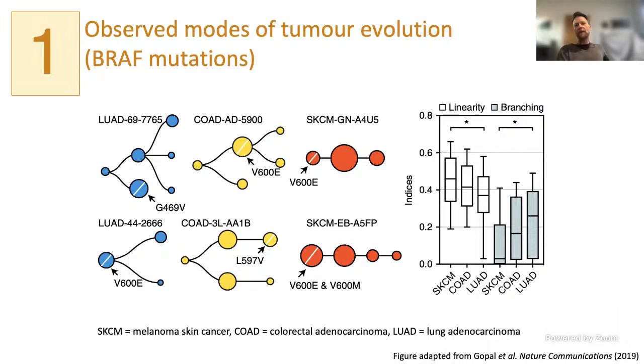And so it's interesting to think about why that might be. And also it sets up this question for why is it that there is a certain proportion of tumors that have linear trees and the rest have more branching trees? Why do we get this variety of tree shapes? Can we get some kind of grasp on why this should happen?